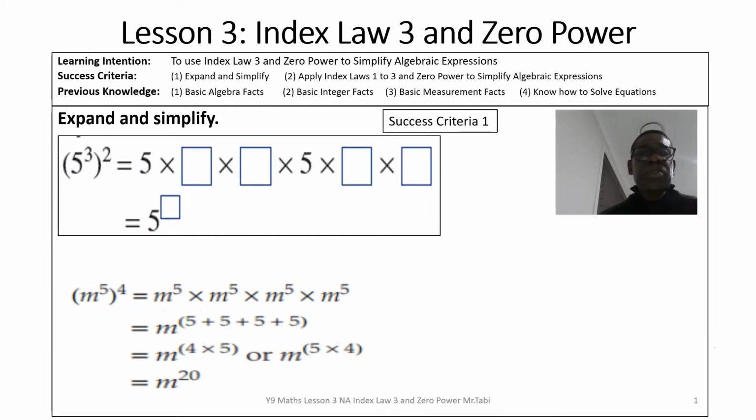Now, the first one is to expand and simplify, based on our first success criteria. So, for example, if I've been given 5 to the power of 3, all to the power of 2, as in this question here, remember, 5 to the power of 3 is 5 times 5 times 5. And because it is squared, I'm still doing 5 times 5 times 5. In other words,